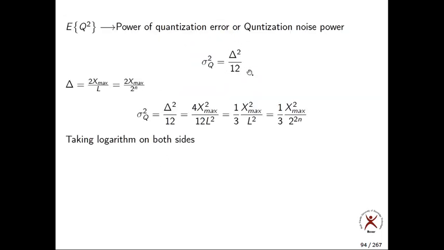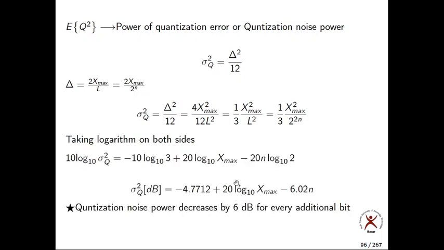Now this is the quantization noise power, that is delta square by 12. What is delta? It is called the step size, which equals x maximum minus x minimum by L, otherwise 2 x maximum by L if the signal is symmetric. Now if you substitute everything in this formula, you get it like this. This is in the logarithm form, so this is the quantization noise power in dBs.